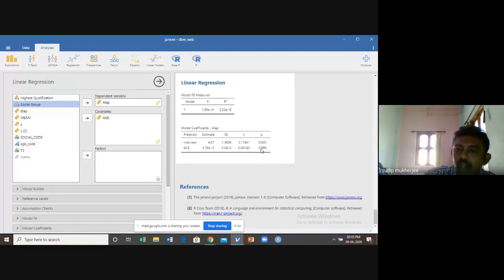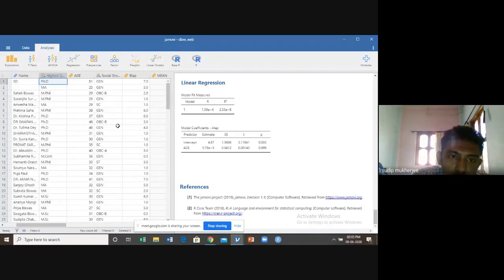Just like the rule of thumb, the p-value is greater than 0.05, so age is not a significant predictor variable to predict the dependent variable of our interest. So in this way you can perform the linear regression.